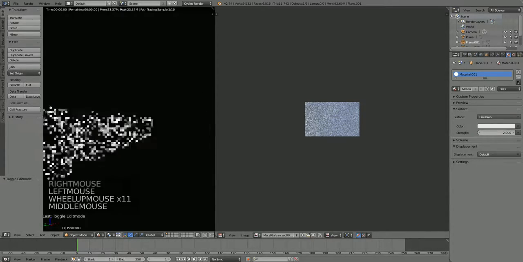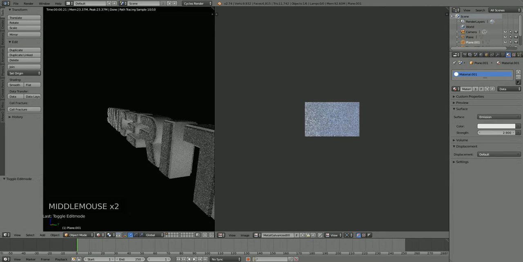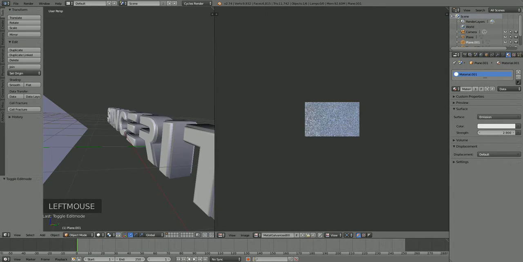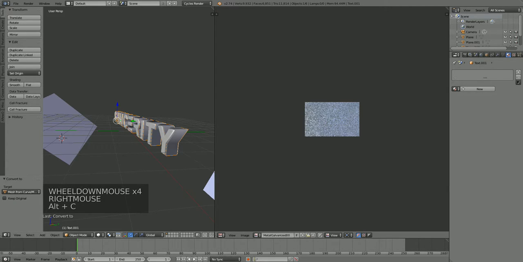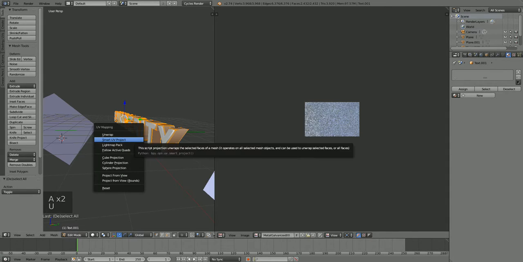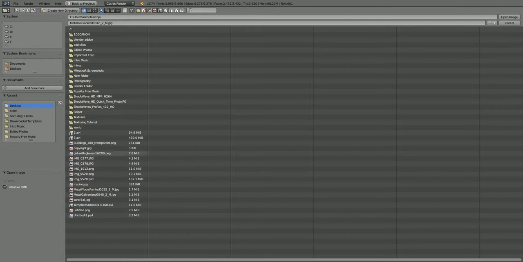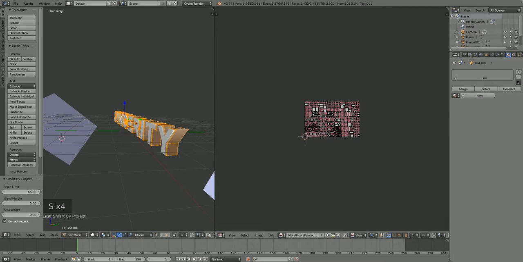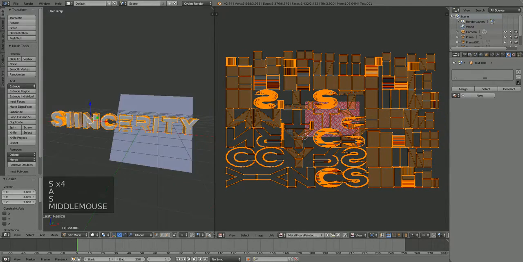There we go, put that a bit brighter. Okay, so now we're just going to do the exact same thing for the other text. So select this, Alt C, Mesh, Tab, A, U, Smart UV Project, Unwrap, and we're going to select a different one, so we have the metal floors painted. Open that, A, scale up, boom,